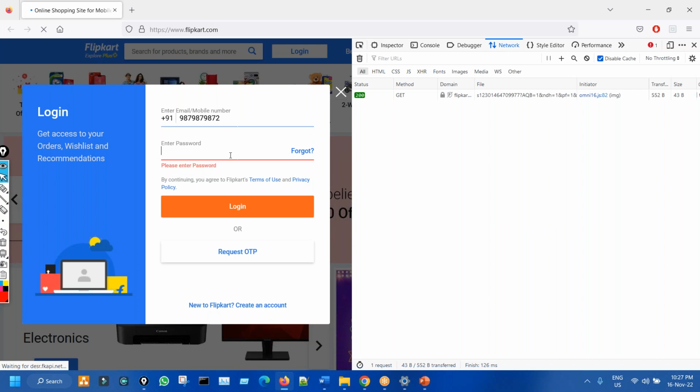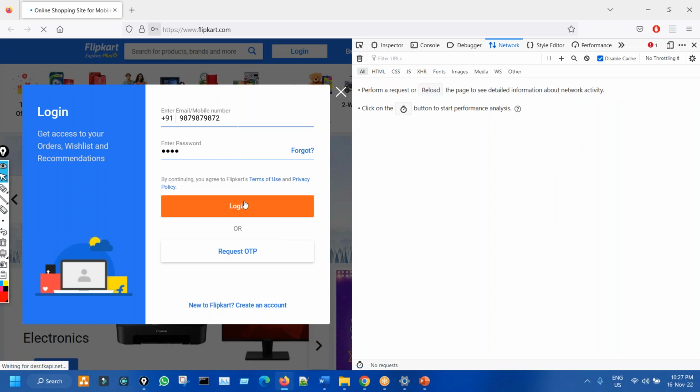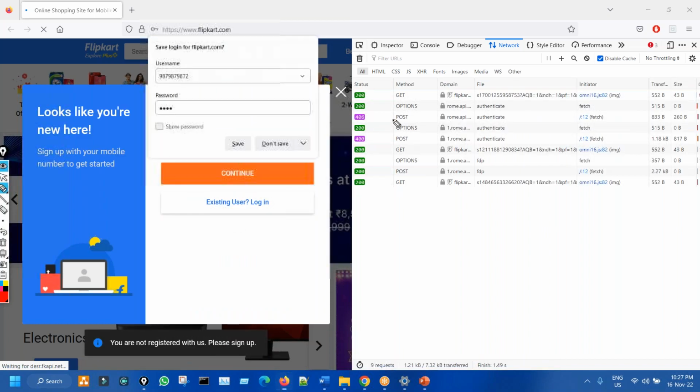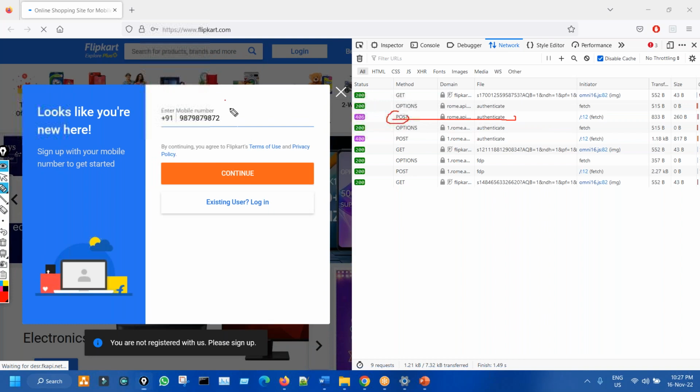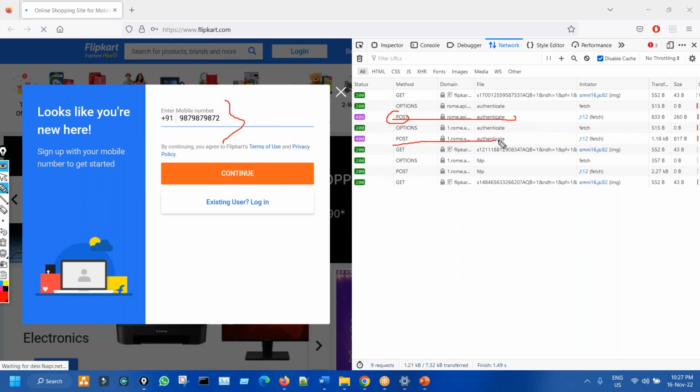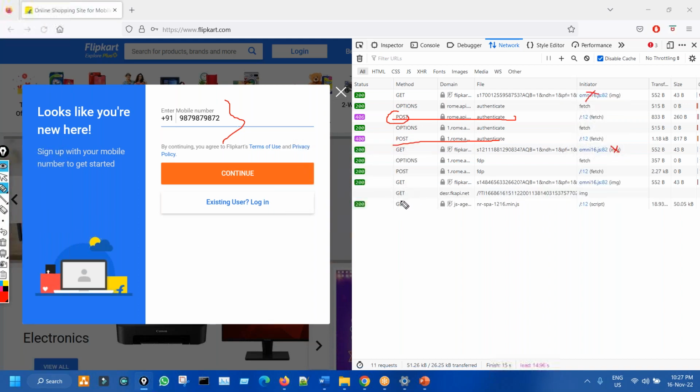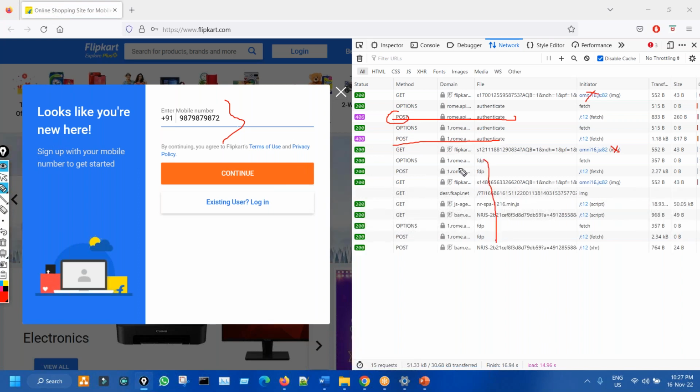Now, if I put here something, suppose some wrong password I'm giving, and then I do login. So now you see the post request here, right? Because we are sending something, and one more post request, and then some other requests are also being made. This is an image, we have to ignore images, right? And these were FDP requests that I explained earlier, the background requests going on. So generally these two requests are made, and before post you see options is being triggered, right? We just discussed. So when I put the whole thing and then clicked on login,